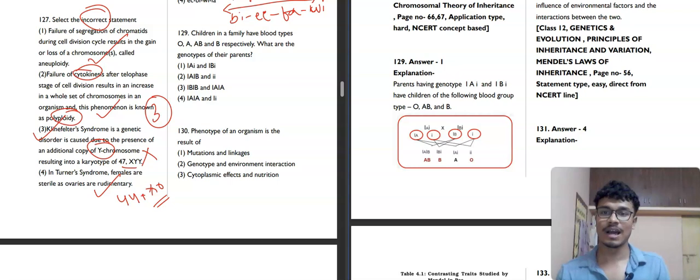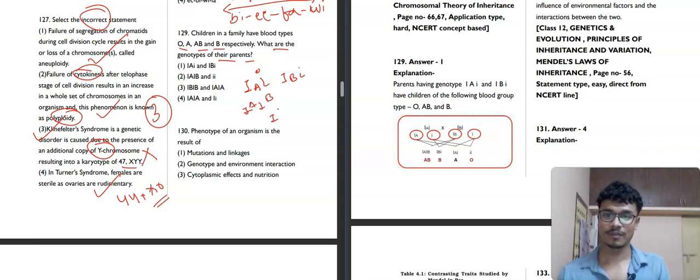What is it saying? Children in a family have blood types O, A, AB and B respectively. What is the phenotype of their parent? IA and IBI. So let's understand. If the phenotype is IA and IBI, what genotypes can be obtained from here? What genotypes can you expect? The genotype will first of all be IA, IB,